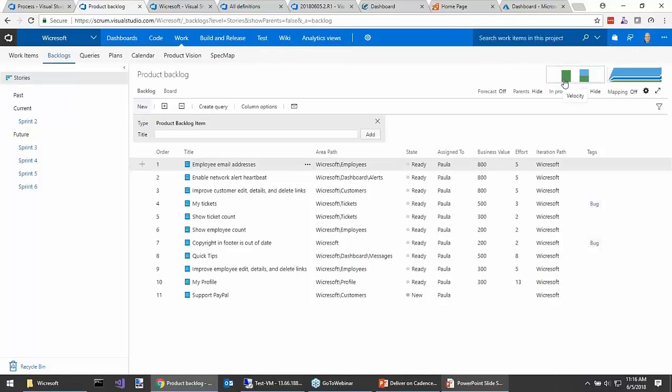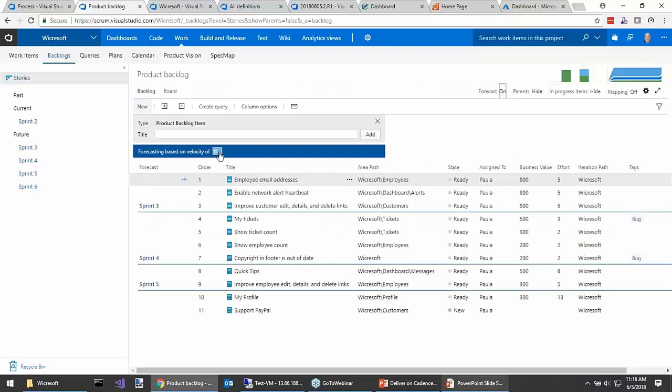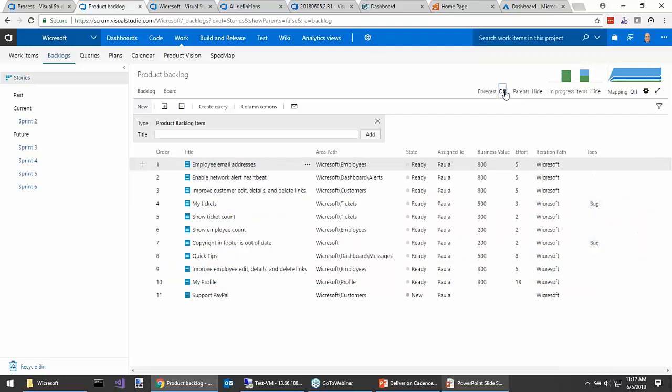But if you get people walking into the office and saying, hey, when is my profile feature going to be done? Well, you could turn on the forecasting lines. You can say, given that we have a velocity of 15, we think that maybe after sprint 5 we'll be able to get to your piece of work. If you ask me again next week, the order of things in here might change, but you asked me today and I can use this tool to give you an answer based on empirical data. You can also see that maybe at the end of sprint 5 we're going to release, and we're going to get the items above the cut line, but not below. So the forecasting tool is nice. It's just one data point in the conversation.